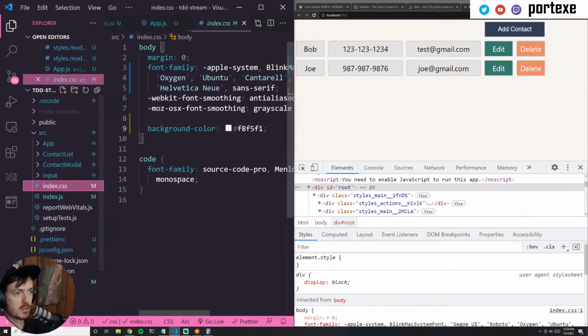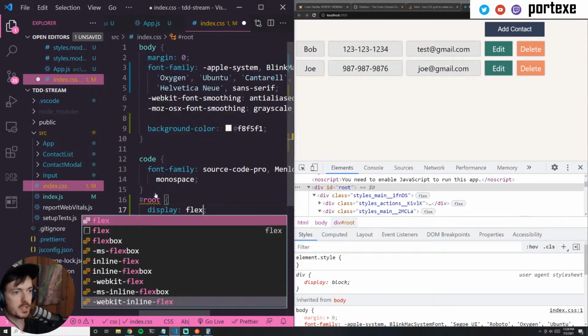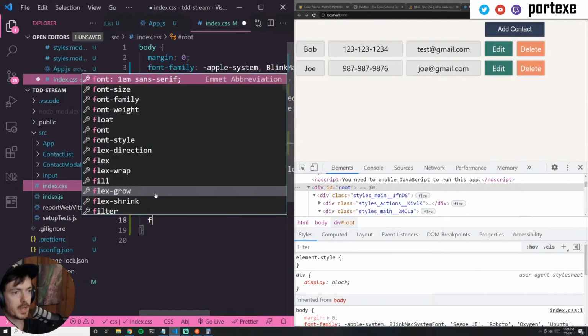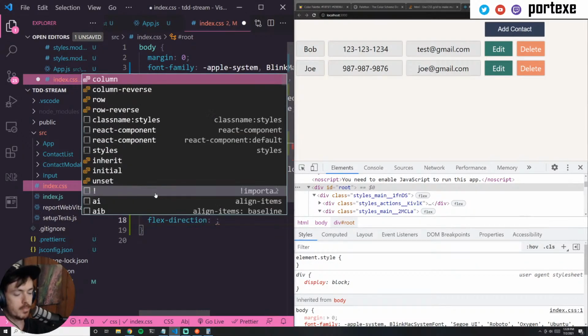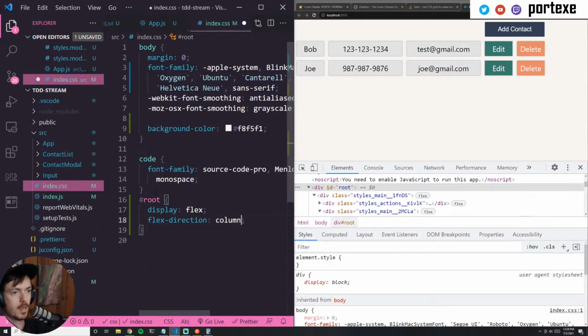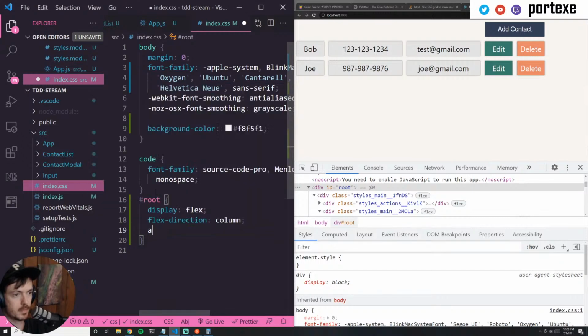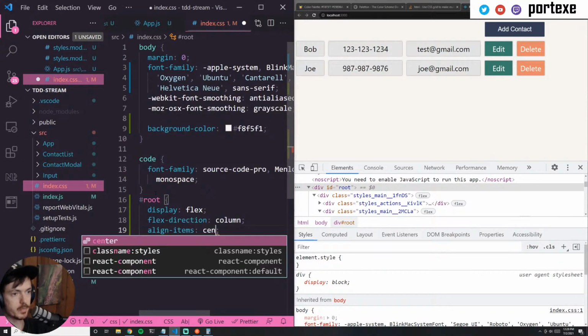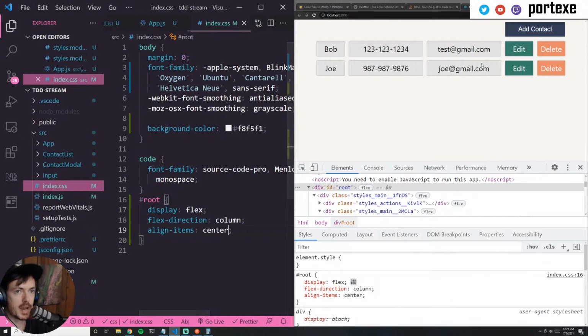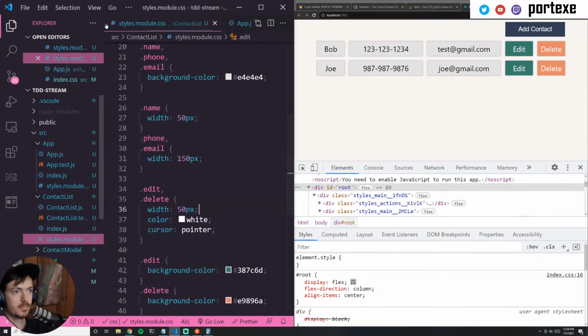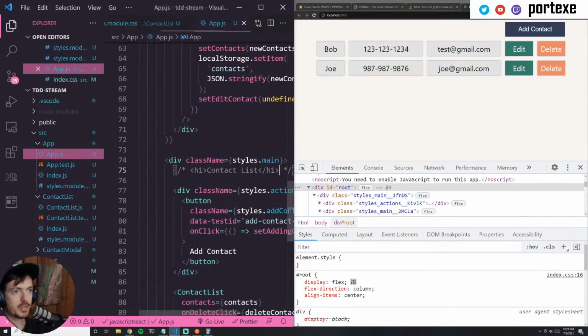the index.css file with a hashtag root. I'm actually going to set this to be display flex with a flex direction of column and an align items of center. So that actually centers it horizontally. Now, if I go back to here and uncomment my H1,